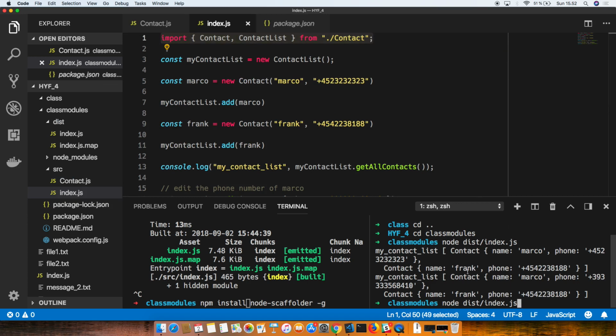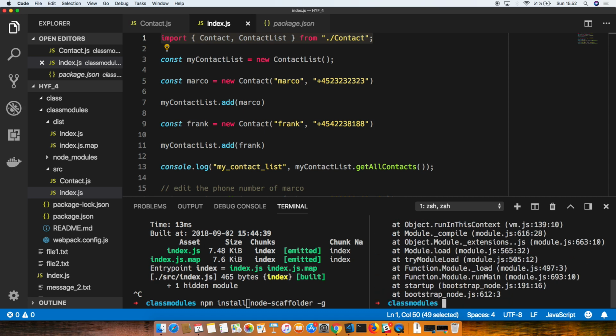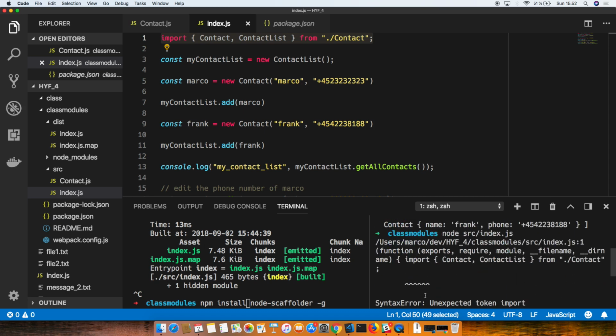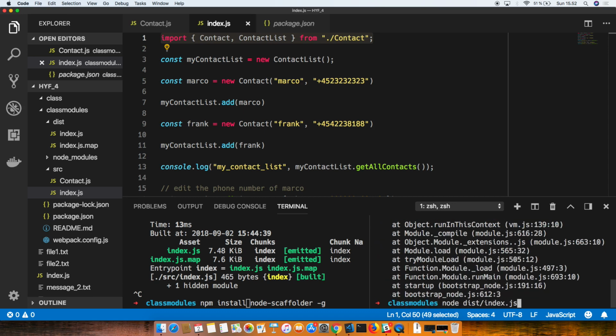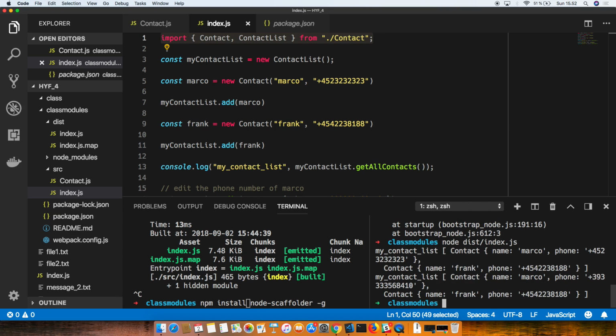In fact, if I go here and I do node src index.js, that will throw an error. You see? Unexpected token import. It doesn't understand what import is. But if I run the dist, that will be fine. So if we have a node server, we take the dist folder and use that. Yes. So you write your code in your source folder, and you can have as many files as you want, and you do whatever you want there. But when you want to run it, you need to run the transpiled version,